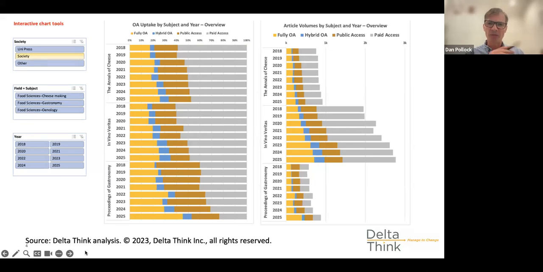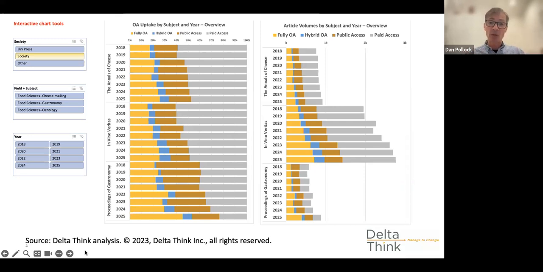So we've got four or five slides that just show some typical outputs and typical things about what we do. These are based on real world projects, but of course we can't share that data with you because a lot of what we do is understandably in confidence. So the data is fictitious, and we've also needed to come up with a fictitious publisher. And I like going on about the publisher of cheese and wine. So we have some cheese and wine themed fictitious journals to illustrate the general principles of how some of this stuff works.